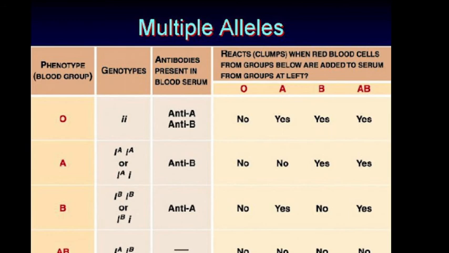So they are both expressed in the phenotype as AB, and the genotypes of the various blood groups indicate that they are inherited in the simple Mendelian fashion. Offspring with all four kinds of blood groups are possible in a cross between two parents heterozygous for blood groups A and B. On the basis of blood group, the parent blood group of the children can be predicted, as you see in your slide.